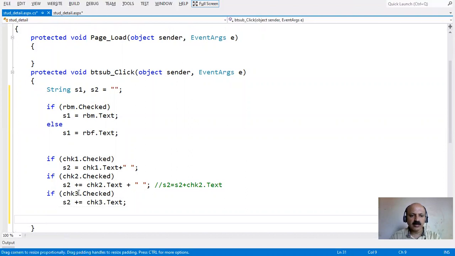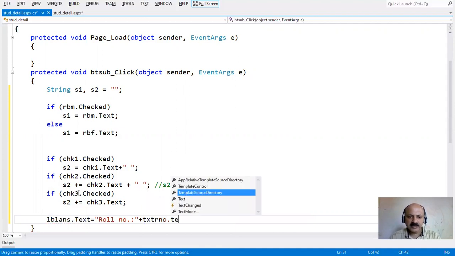Now our printing starts with lbl answer dot text. We can provide a single label for all our field values. The first field is the roll number, plus, and plus is the concatenation operator in C sharp, txt dot text, that is the roll number.